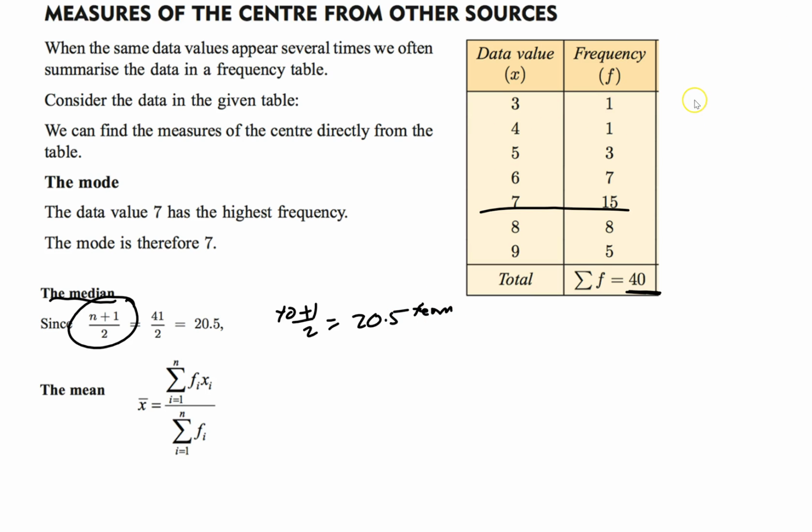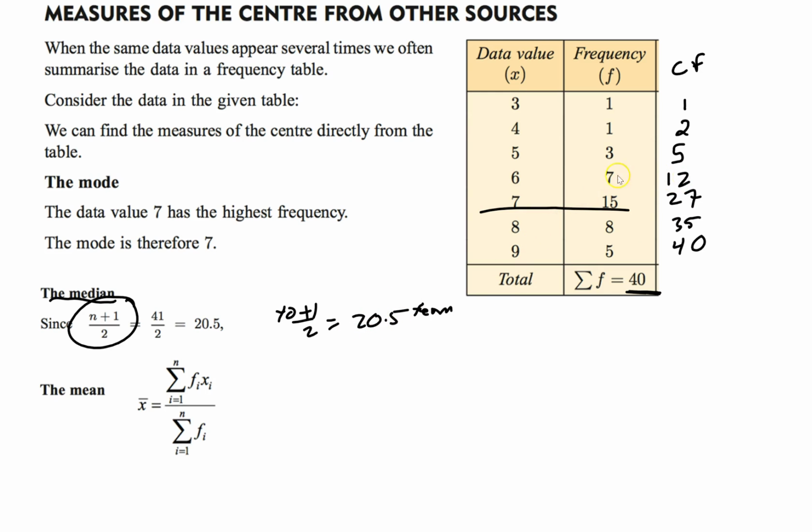The easiest way to do this is a cumulative frequency chart. The way that works, if you recall, there's 1 at 3, so you have 1 total. There's 1 at 4, so now I have a total of 2, it's like a running total. Then you add 2 to 3, and you get 5 total now. 5 plus 7, I get 12. Plus the 15, 27. Plus the 8, 35, and plus the 5, 40. Now I'm trying to figure out where the